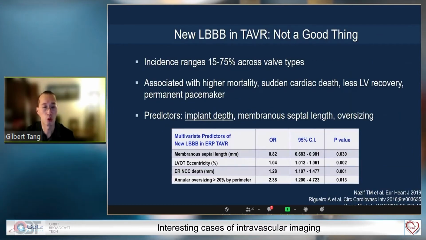Conduction system disorder, we know that if you have new left bundle branch block, it's not a good thing. You can see that it leads to high mortality or sudden cardiac death, less LV recovery, and more permanent pacemakers. And what we can do as operators is reduce the implant depth, so make it implant a little higher to avoid the septal